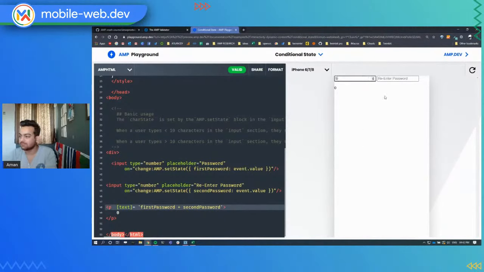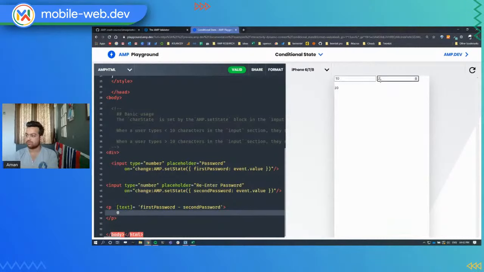Let's see. 5, 2. No, this is not the problem. I don't know. There is something weird happening with the plus operator. I need to check back again. It's working fine with the multiply. I think it should work fine with the minus also. Let's use 10 minus 2. Yeah, it works fine with the minus also, but with plus it does something weird,